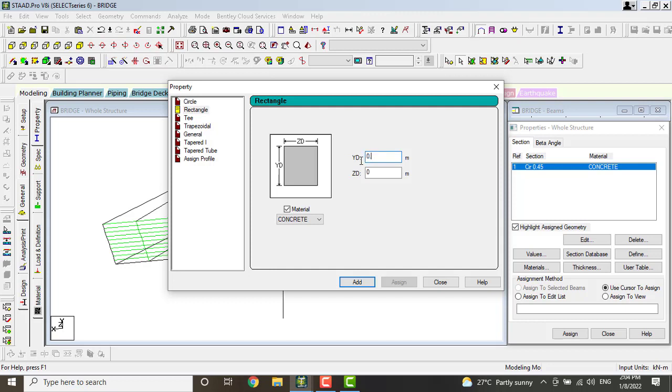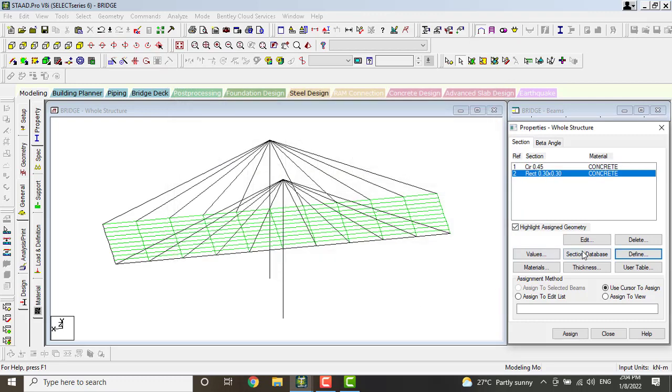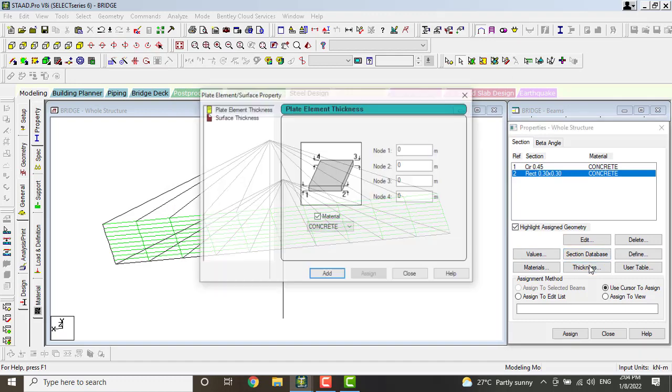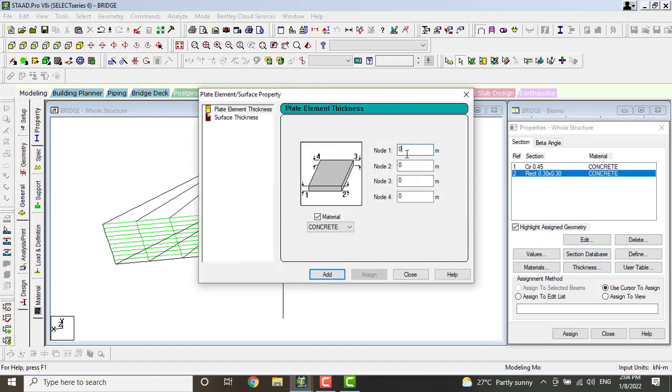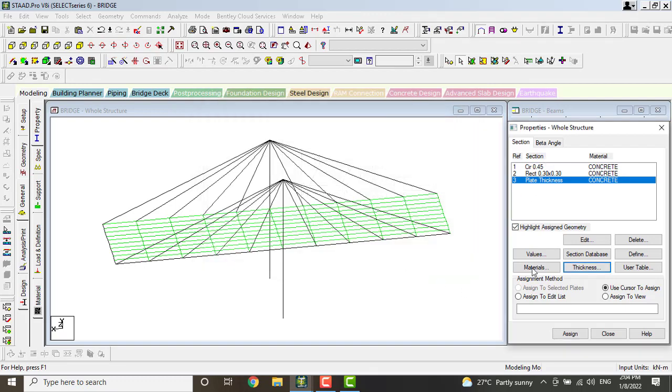Just take the dimensions as 0.3 and 0.3. Click on add option. Close. Next, go to thickness. For your bridges, we have to take 0.25 to 0.3. So I will select the minimum value 0.25. Add it. Next, close it.